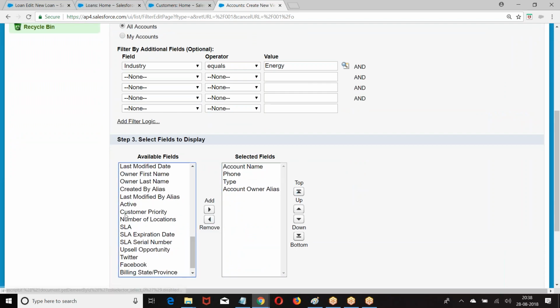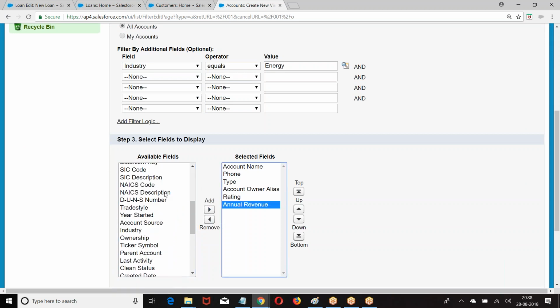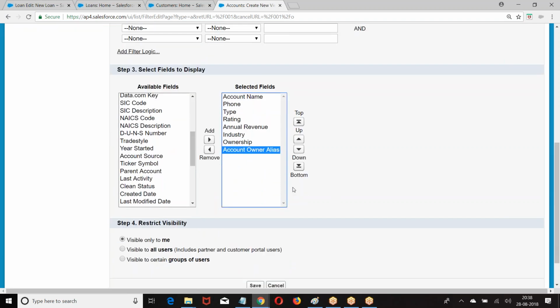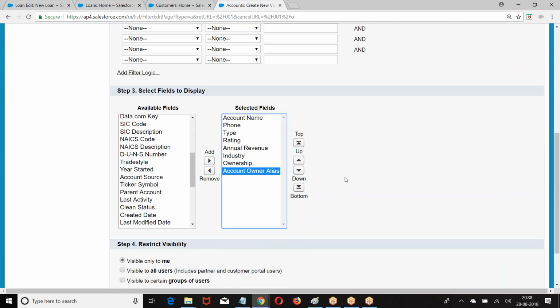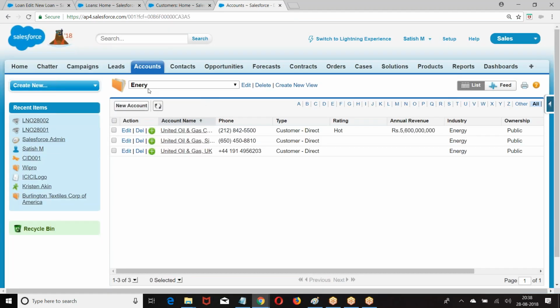Account name, and now which fields? If industry equals energy, show this. Save. So what happened? Industry energy, we are getting the energy records. Now I want to say New.